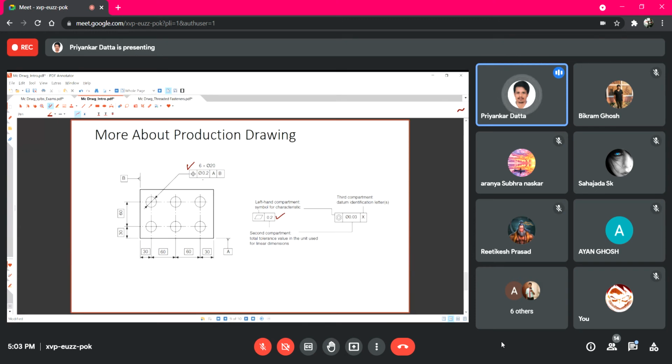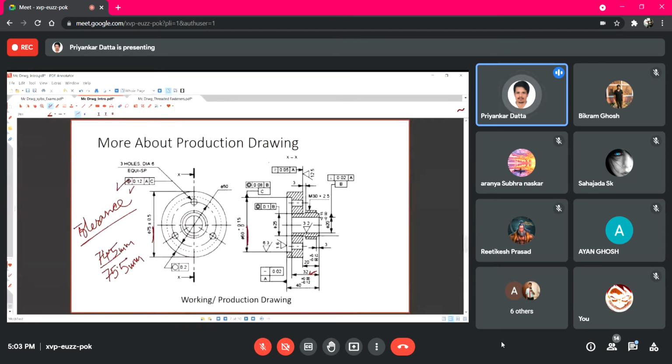But from here you do not get what is the lower limit or upper limit. If the total tolerance is 0.2, the limit can be 20 to 20.2. Also it can be 19.9 to 20.1. So that information is not being conveyed. The only information you get is that on 20 you can use 0.2 tolerance. If a specific tolerance limit is required, then it will be mentioned with this specific measurement, as I already discussed with you.